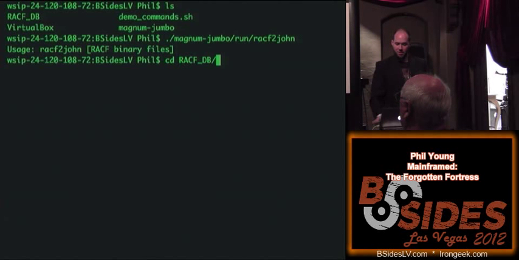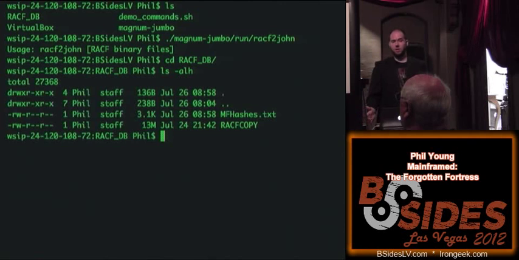I've already copied the file into this folder, and this is on a test system. It's already 13 megs. These files can get enormously huge, in the 600 to gigs of just usernames, data, and settings. So I have a copy of the RACF database here.